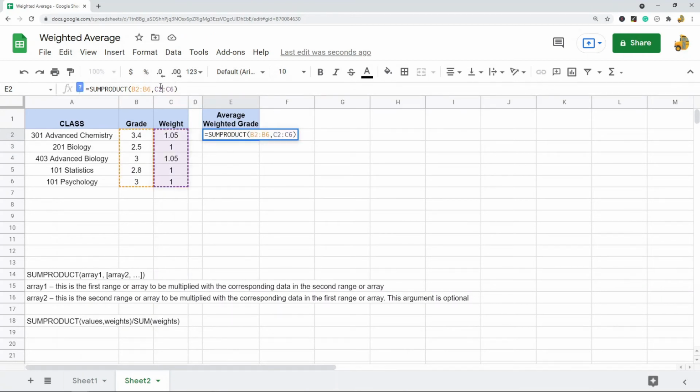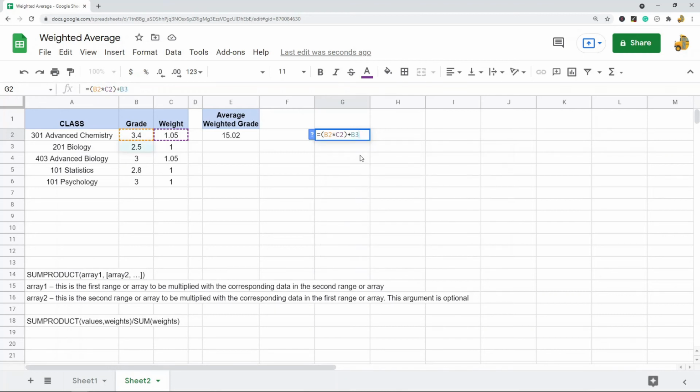What this does is it takes the product of all of these and sums them together. So what this would do in reality is it's going to take B2 times C2. Maybe I'll actually do it just so you can see. And then it's going to add on